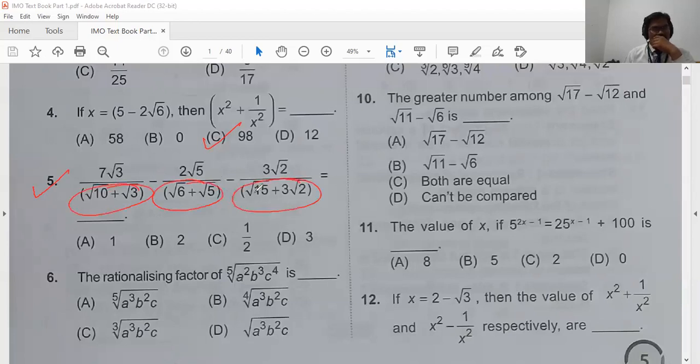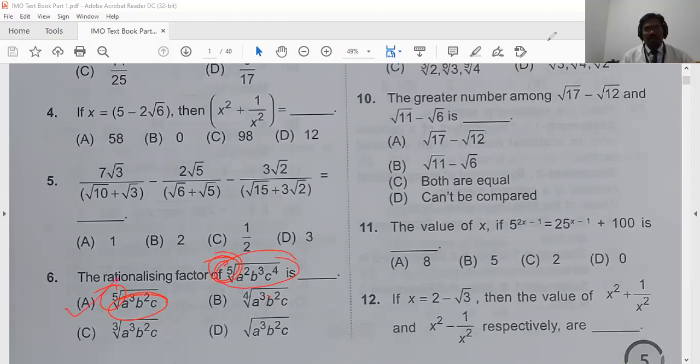If any other things, try with other way also without rationalizing, because it was taking time. Question number 6, rationalizing factors, only the focus on this, the nth roots. The same nth roots will be the correct option. Whatever this nth roots, the rationalizing factor of this one will be this way. This is the shortcut trick if you want to find the answer. 6A. Now coming to the next question, 7th one.